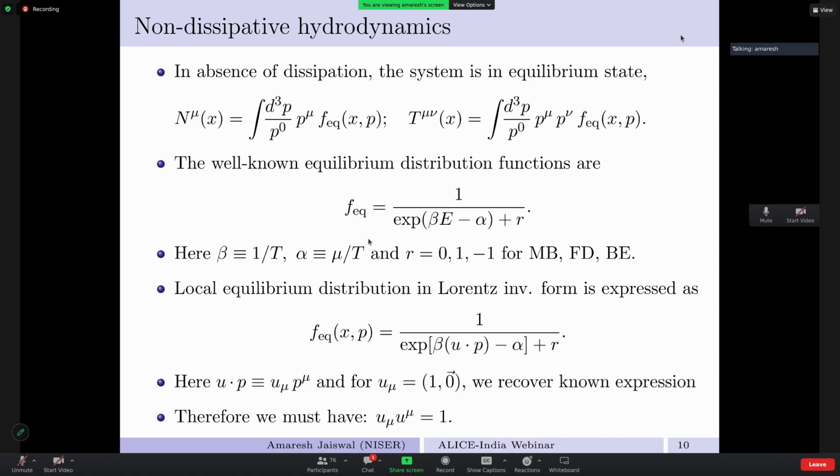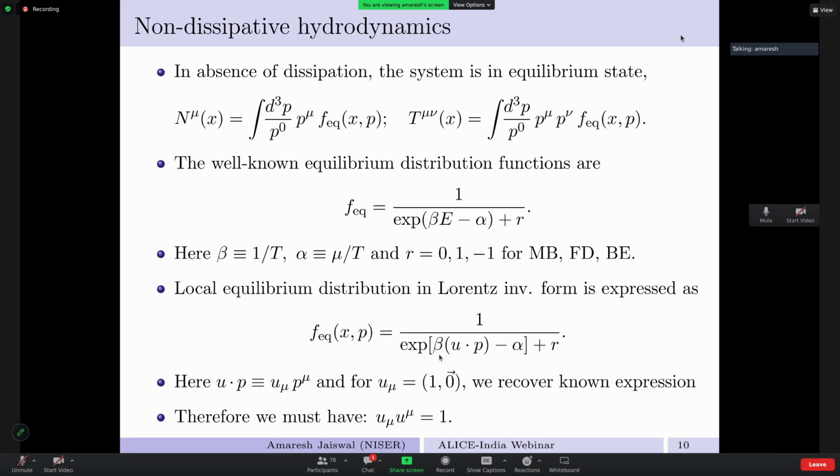But there is a problem. In this form, E is the 0th component of the particle four-momentum, so this is not a Lorentz scalar. But what I demanded was that for T mu nu, or N mu, to be a Lorentz four-vector or tensor, I have to have f equilibrium as a Lorentz scalar. This can be achieved by expressing it in this form, which is also known as the Jüttner form,